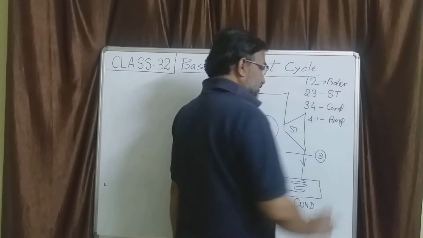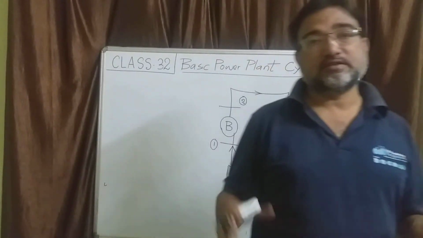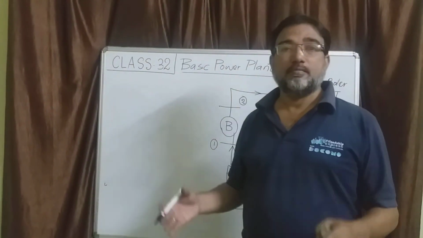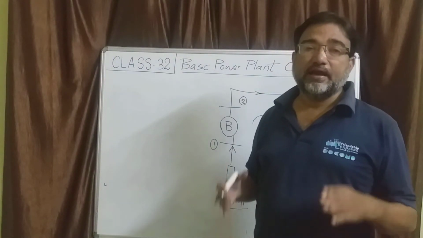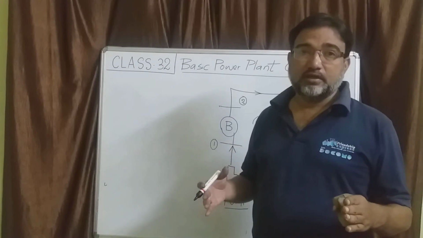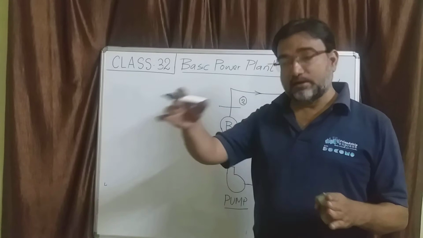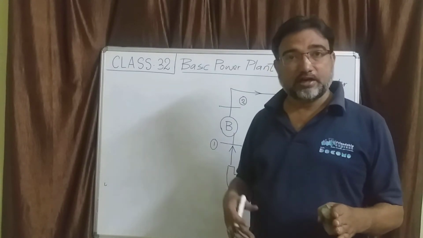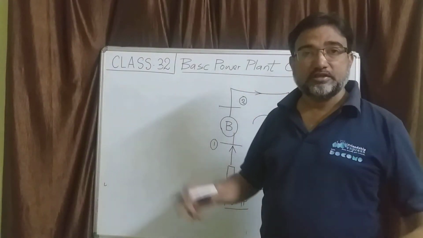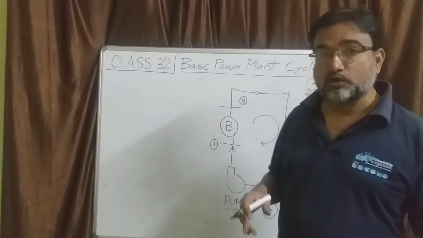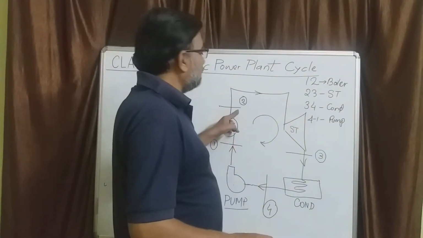What are the processes? A person called Rankine designed this cycle and it is named after him, it is called the Rankine cycle, and it has 4 processes. One is followed by the other, and one is connected to the other, the second one is connected to the third one, connected to the fourth one, back to point 1. So it completes a closed cycle. And what are the processes? In the boiler, the process is constant pressure heat addition.